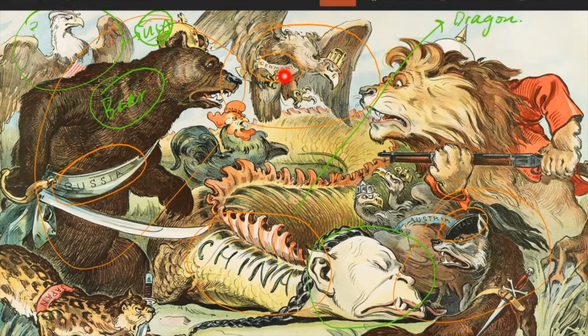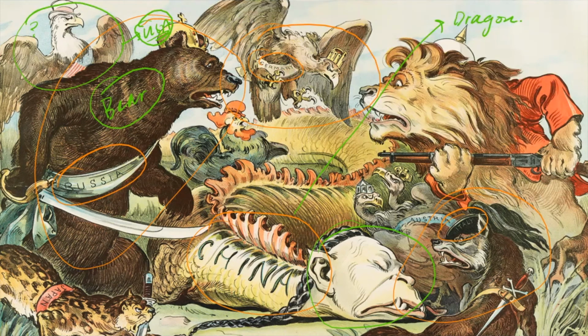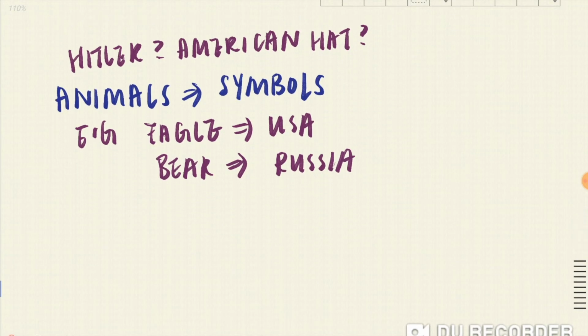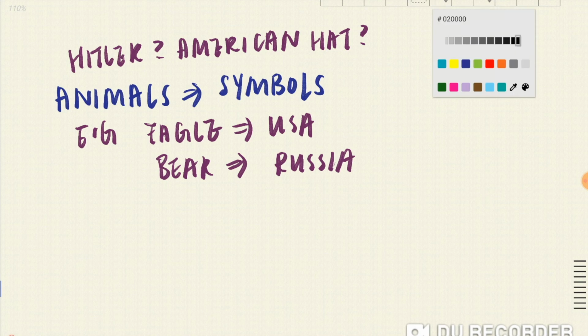Also, let's take a look at the facial expression of this dragon over here. It is asleep, or dying, depending on how you interpret the cartoon. So these are some details that you need to look for when doing database questions and reading cartoons in order to interpret them well. So in conclusion,